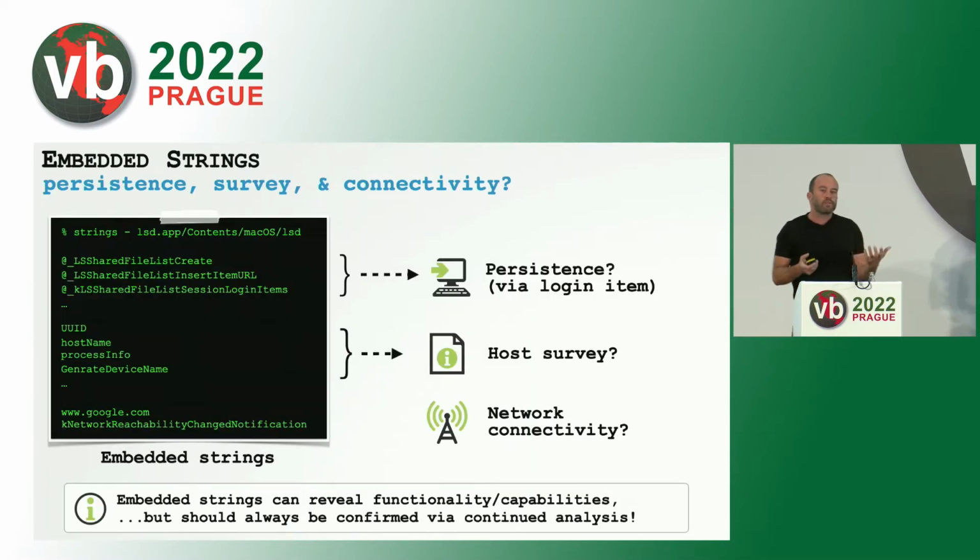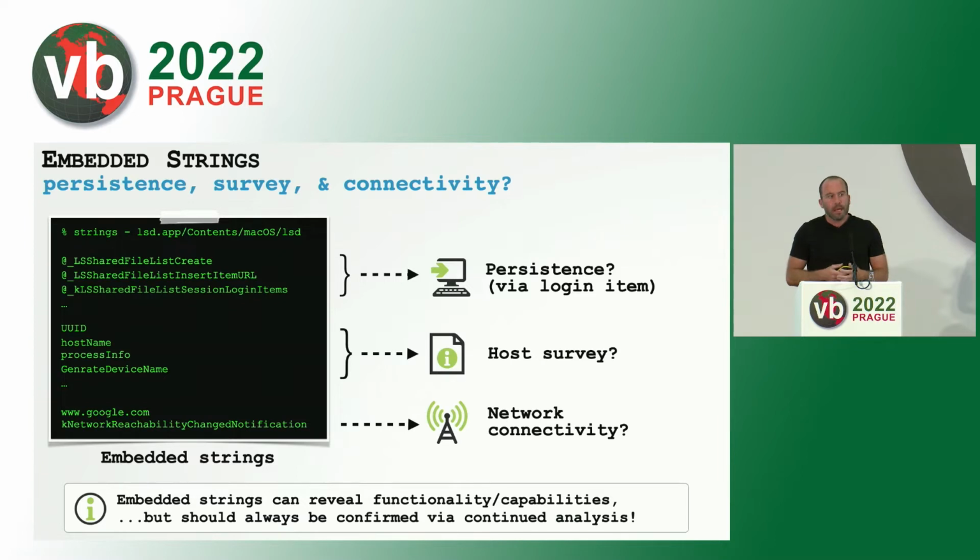Next up, when doing triage, I like to look at any embedded strings. This can reveal functionality such as capabilities, and then also help focus or drive continuing analysis. So we can use the strings utility. It's a built-in utility in macOS, and we can extract WindTape's embedded strings. And we can see some of the initial strings relate to persistence, likely, perhaps a host survey, and then some